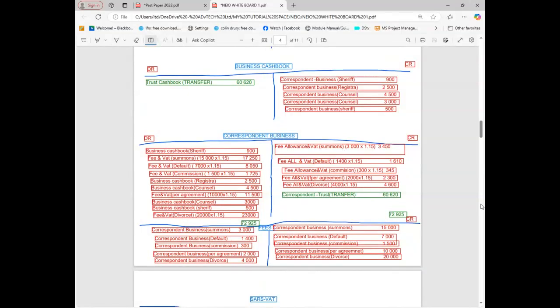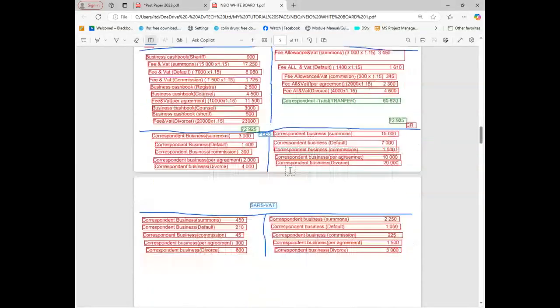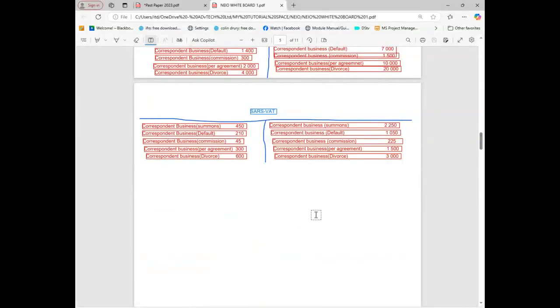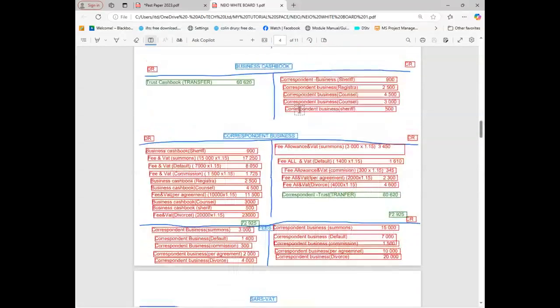Are we done transferring everything? With the accounts we have done, remember, I know they wanted it to end here, but I just want to talk about what if, because I want to show you the channels that you need, if they ask you for the channels, I want you to know. But with the general ledger accounts, we have completed everything that they wanted.